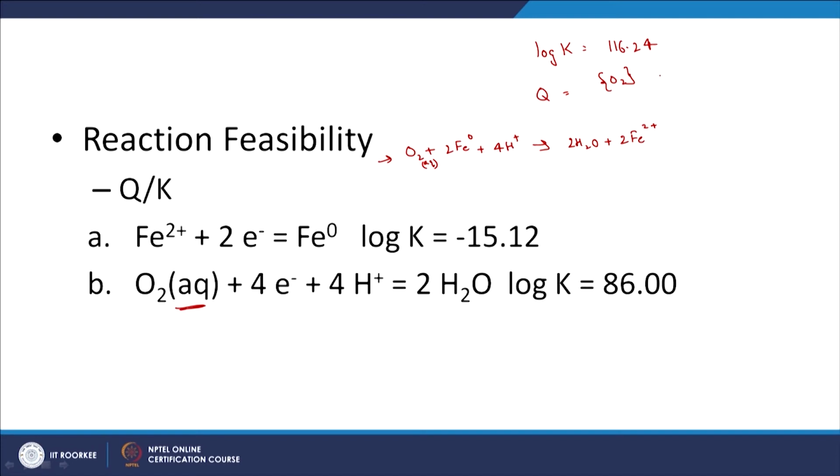I am going to assume that is a pure solid, that is why it is equal to 1, times the activity of H+. I guess I just made this up because we need to write the products first divided by the reactants. So, Q is going to be equal to the activity of Fe2+ to the power of 2, and the H2O activity we know is going to be equal to 1, assuming a dilute solution, divided by the activity of O2 in the aqueous phase, not the gaseous phase, times the activity of H+ to the power of 4.